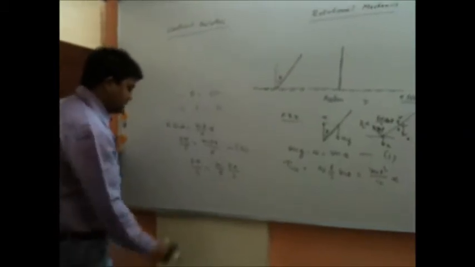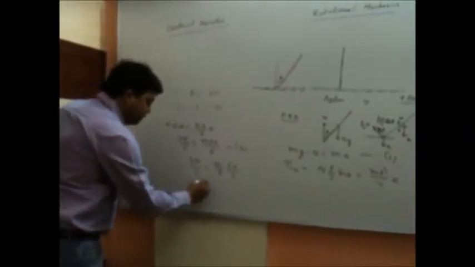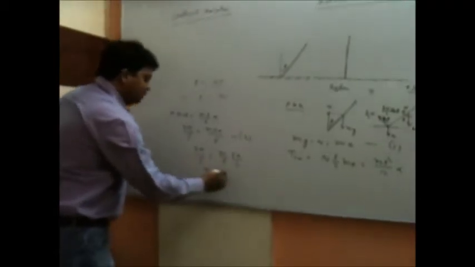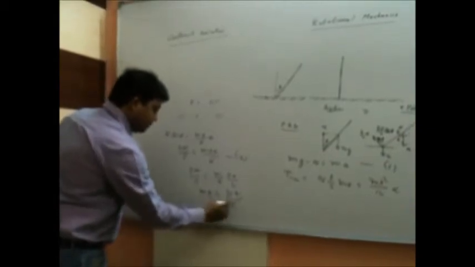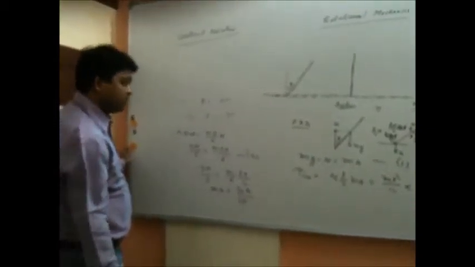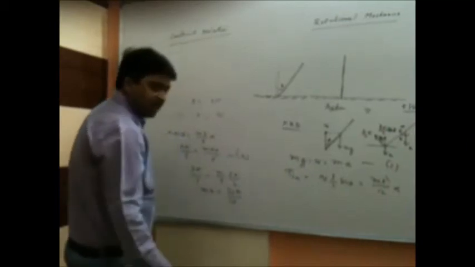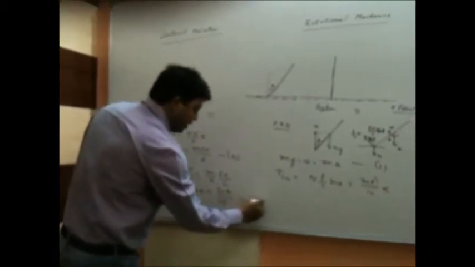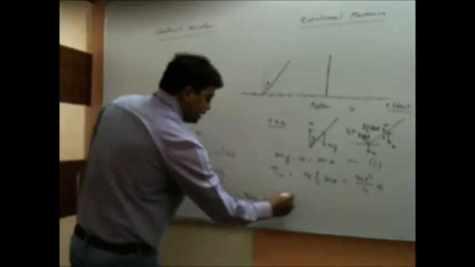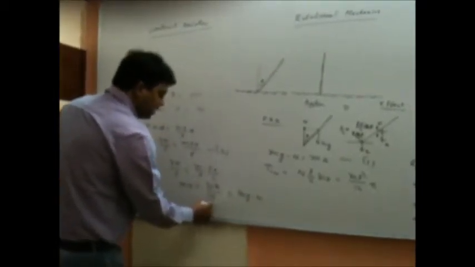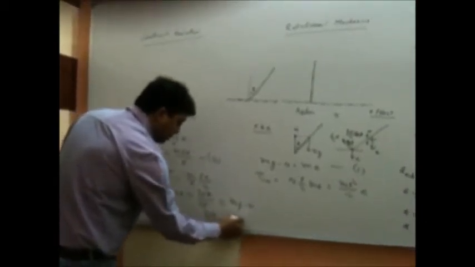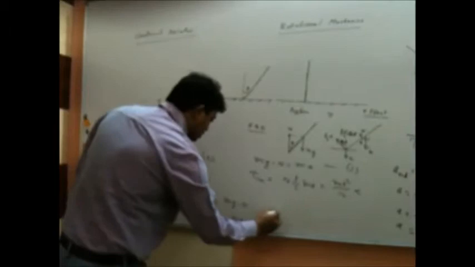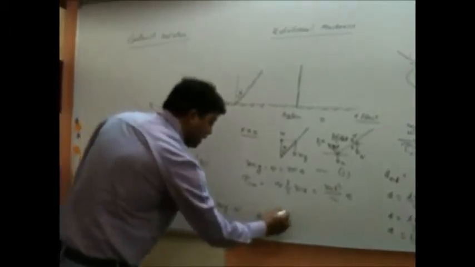So this is one equation, and then I can write mA is equal to 36N by 25. And again mA is equal to mg minus N. So I can put this as mg minus N. So I can write 36N by 25 plus N is equal to mg. So I will get N is equal to 25 mg by